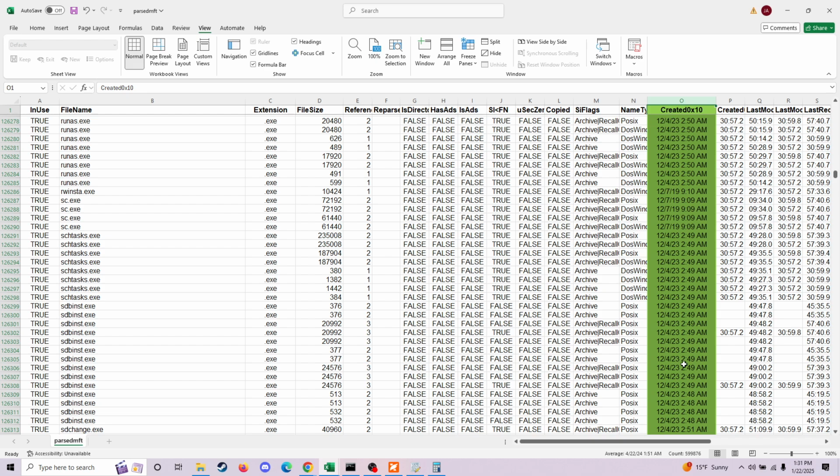This date that you see here, I've highlighted in green. I converted it because it was similar to these other dates. These other fields, these timestamps, are currently in a form that's only understandable by the file system, by the CPU. If you want to put it in human readable form, you have to go into Excel and change it to date time. It's one of the reasons why it's good to put it in Excel,